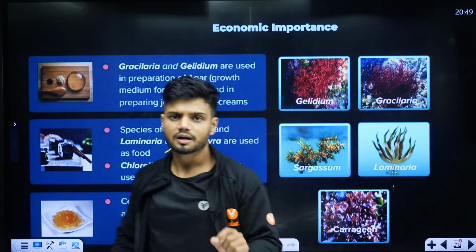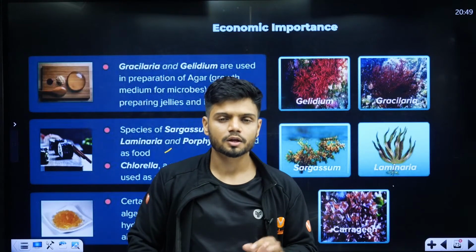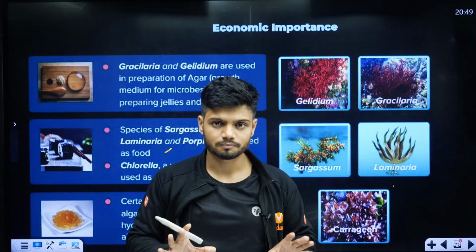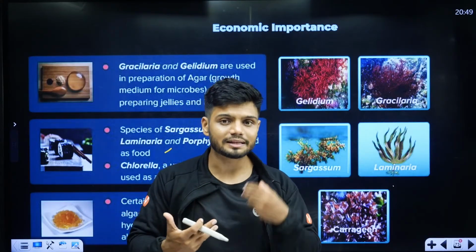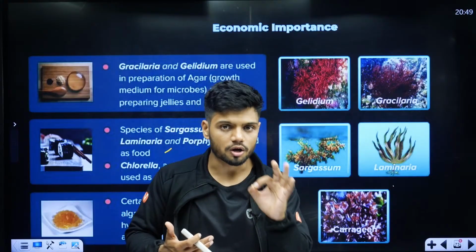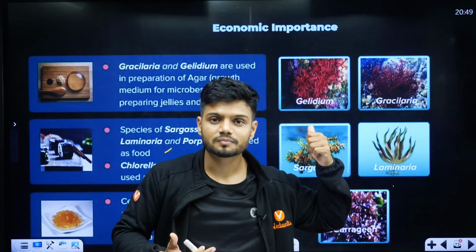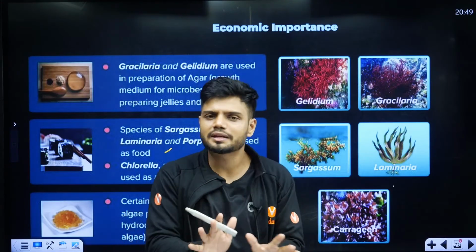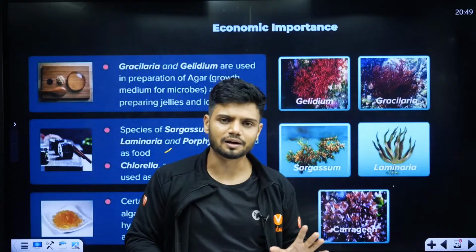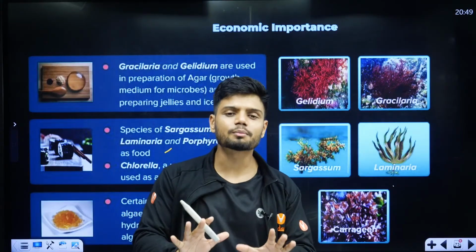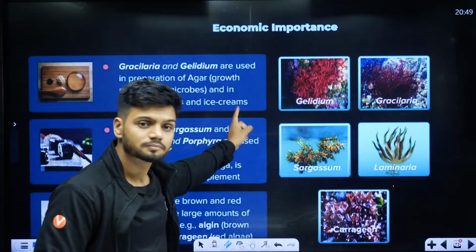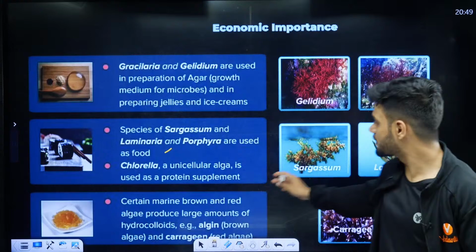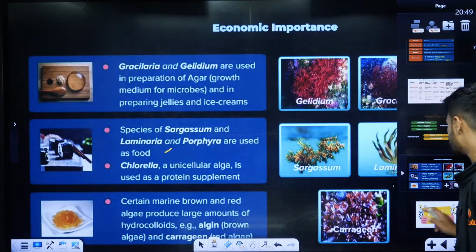Friends, leaving this aside, more than 50% of CO2 fixation, that is, the oxygen we get to breathe, 50% of the oxygen comes from algae. We give so much importance to plants and tall trees, but they do not give that much oxygen. More oxygen is given by algae. Okay, so next time give respect to algae, because algae produce a lot of oxygen, students.